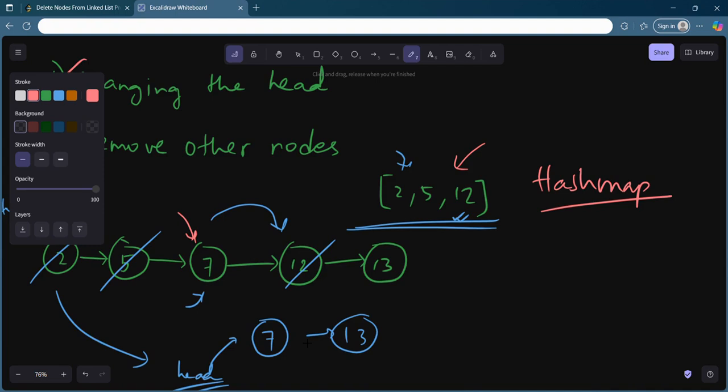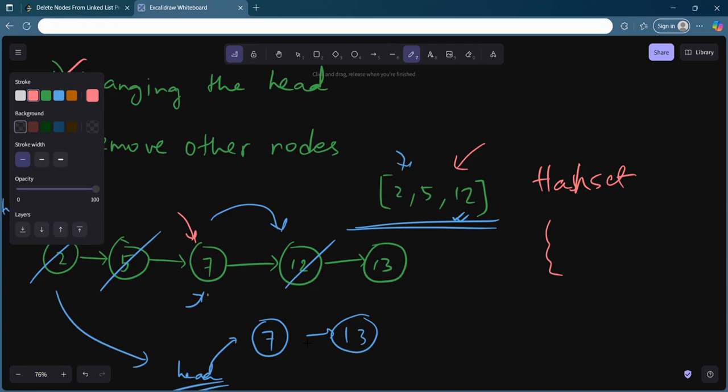If there are n nodes and this is also n, then traversing every time gives n square time complexity. So you can definitely use a hash map, or I will use a hash set kind of thing, an unordered set. I hope you already know the unordered set gives you lookup in O(1), so in O(1) runtime complexity you can check whether an element is present.